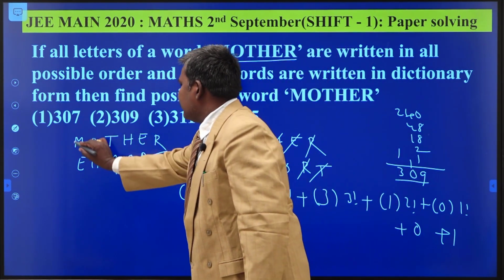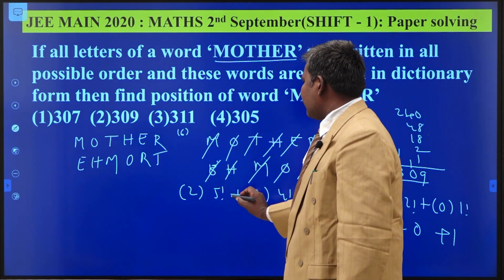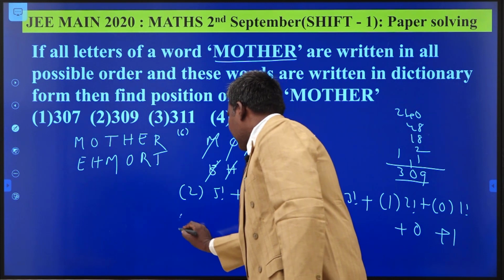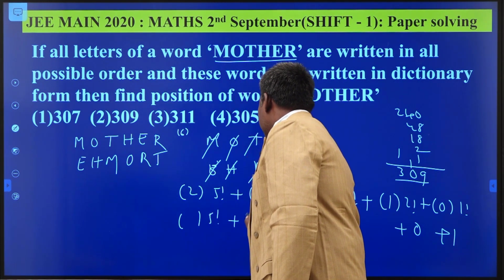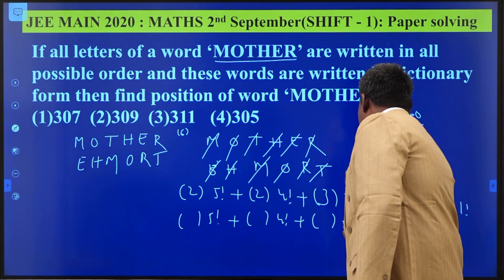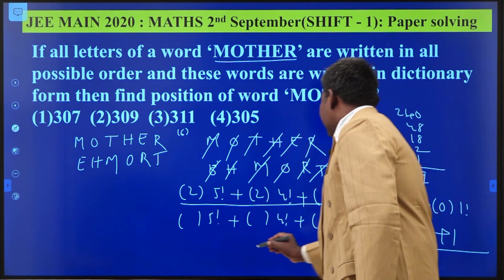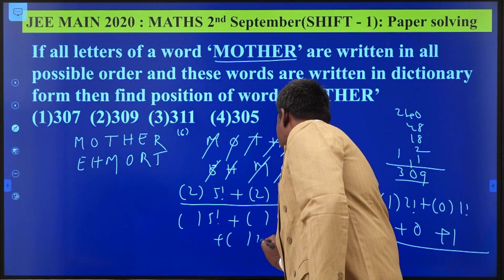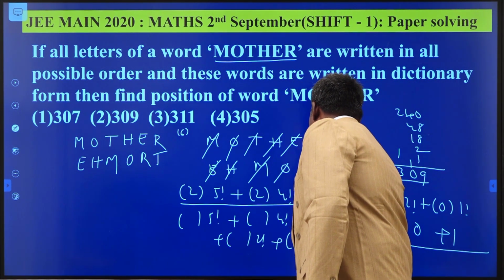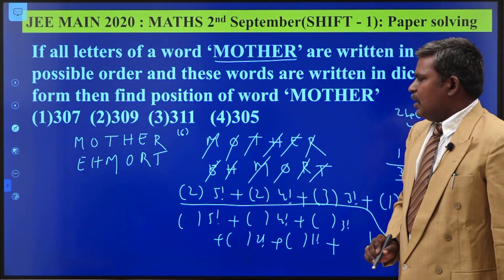How many letters are there? 6 letters. So you start with some bracket into 5 factorial, plus some bracket into 4 factorial, plus something into 3 factorial, plus something into 2 factorial, plus something into 1 factorial, plus finally you write 1. How to get the